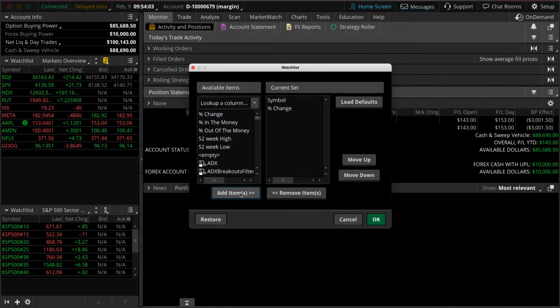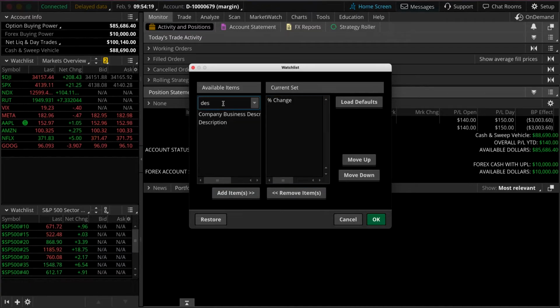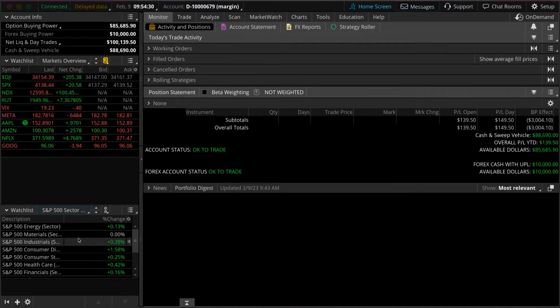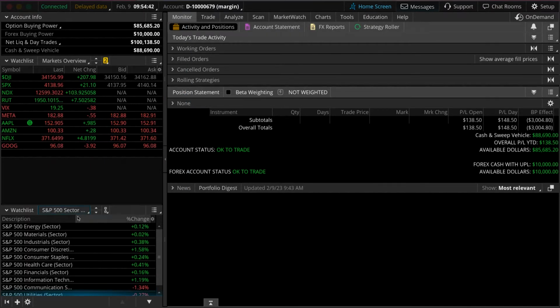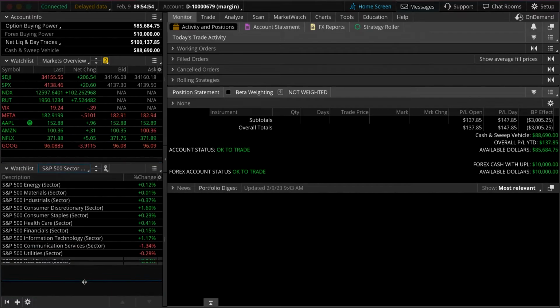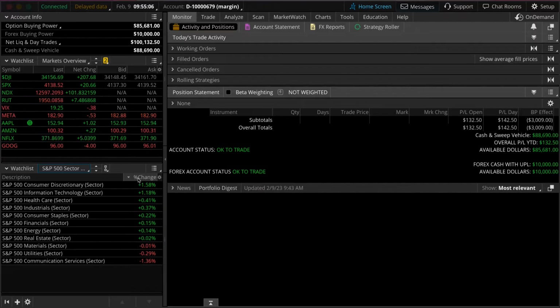Now as you can see, the symbol isn't really helpful for us. So we're going to need a better description to know what sectors we're looking at. And to do that, we'll remove symbol, and we're going to go ahead and add description. And let's move to the top and hit OK. And now you can see we have a watch list specifically built for the 11 sectors of the S&P. So we can sort that by clicking on the column header. And now you can see at a very quick glance, we can see which sectors are outperforming the day